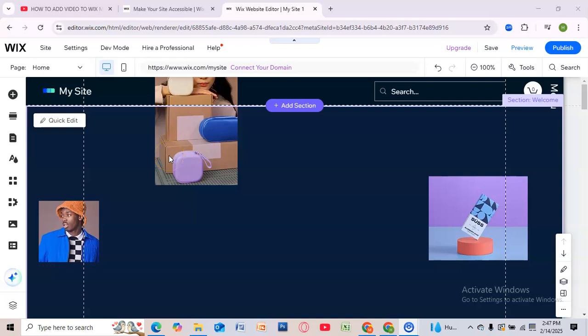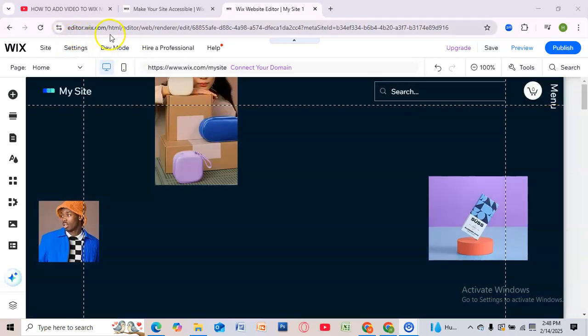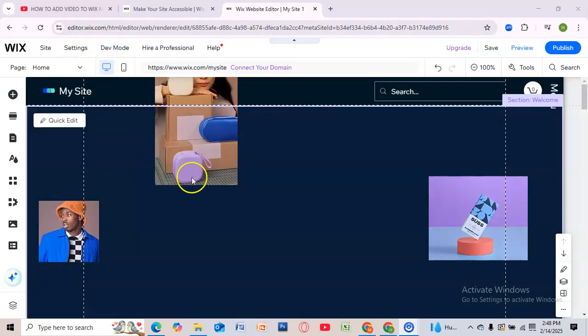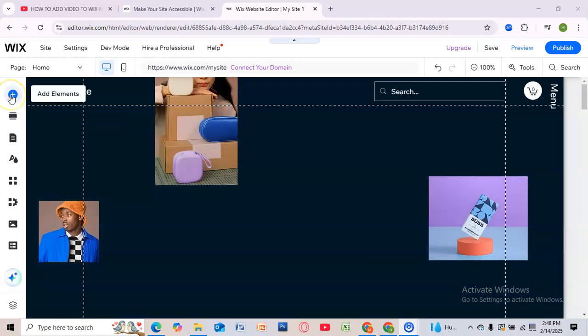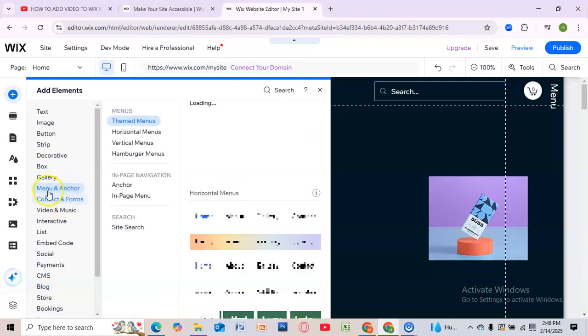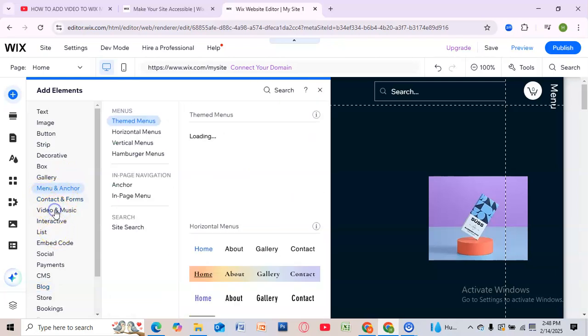Hey everyone, today I'll show you how to add video to Wix. It's very easy to do. First go to editor.wix.com and then from your site select the plus icon. Then you will see an option, video and music. Select it